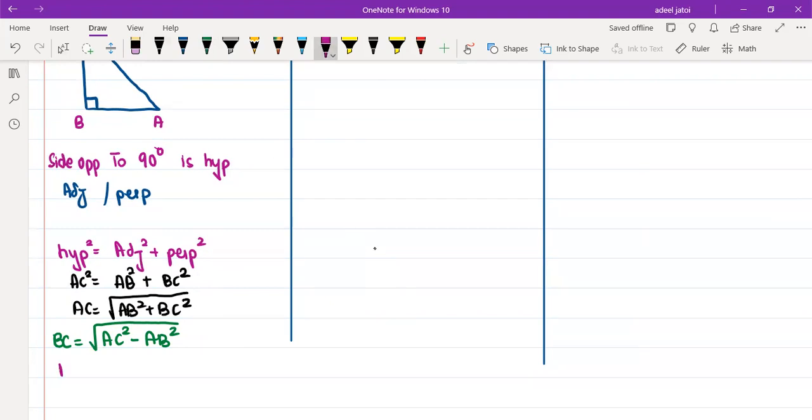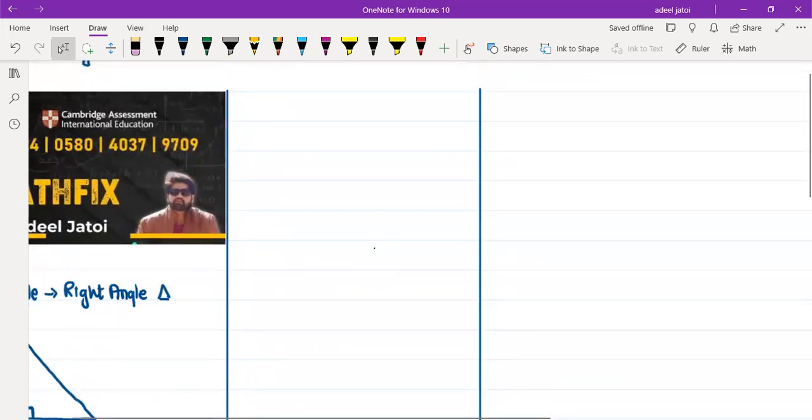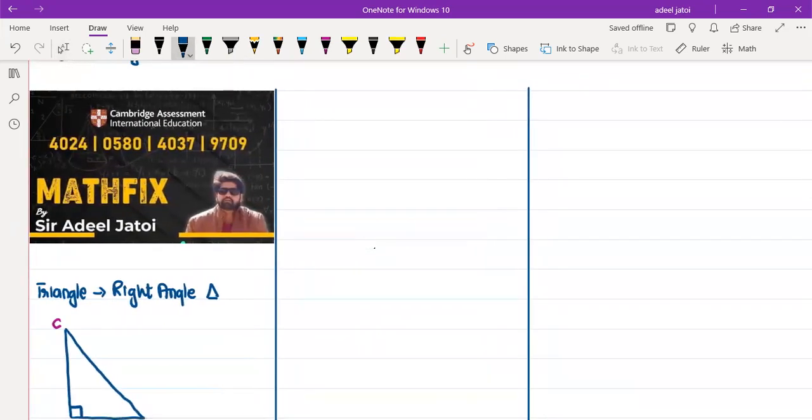Or we could also have AB in this. So AB would have been AC square minus BC square, and the square on AB becomes the under root on the other side. So there are generally three things that can be taken out. It can be taken out as AB, it can be taken out as AC, or it can be taken out as BC. But what more important thing here is that in right angle triangle, when we have to use Pythagoras theorem, this can only be used, that means Pythagoras theorem can only be used